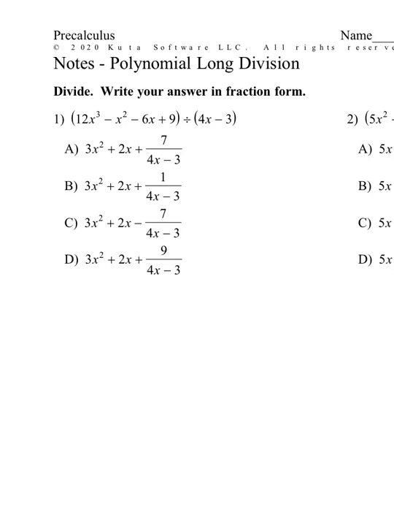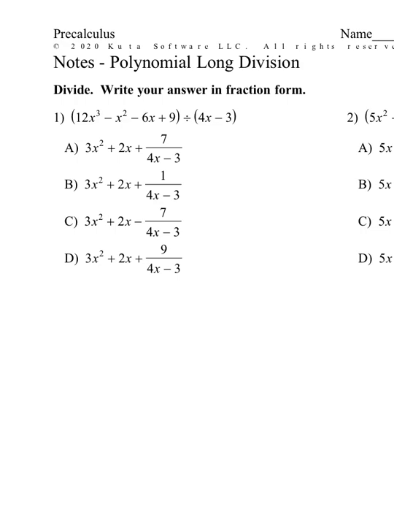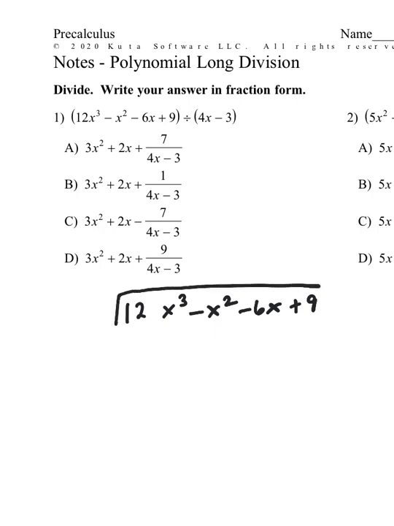Today's lesson has to do with long division. We're going to go ahead and divide these two polynomials. What you notice is you have 12x cubed minus x squared minus 6x plus 9 divided by